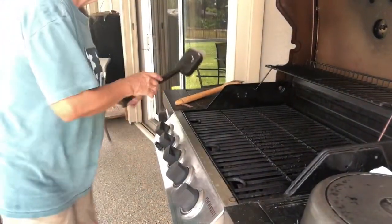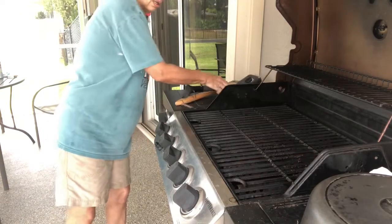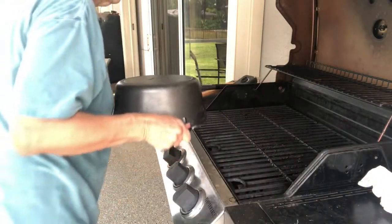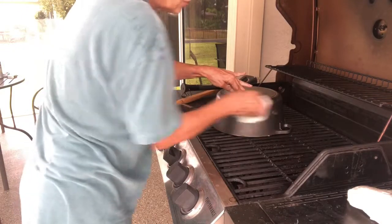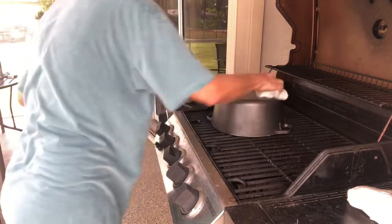I'm gonna use the 3 burners. And just check, be sure you got it all greased up. And you're gonna put this upside down. Just be sure you got it nice and coated. Okay, then you're gonna close this